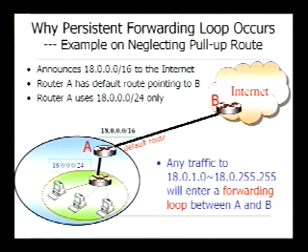And if router A forgot to set up pull-up routes, then all the traffic to the remaining addresses, that means /16 minus /24, will have forwarding loops between router A and router B. All the traffic from the internet will go through router B to router A, and router A doesn't know where to forward the remaining addresses, so it will go through the default route back to the internet.